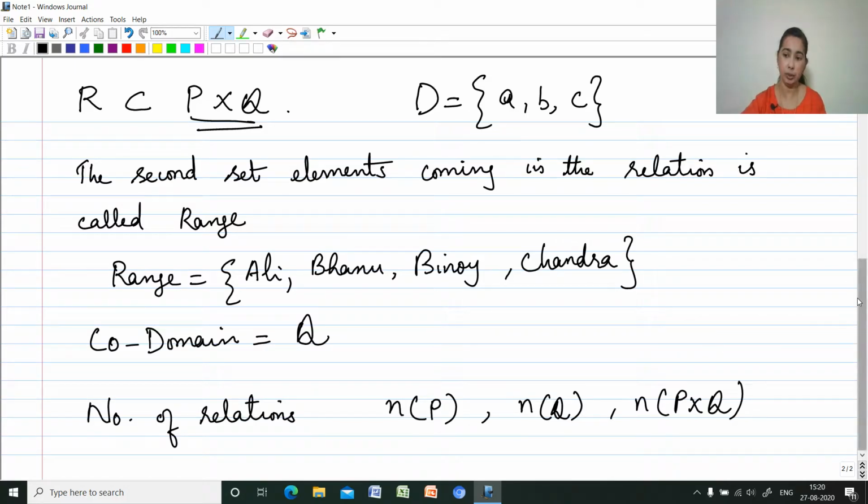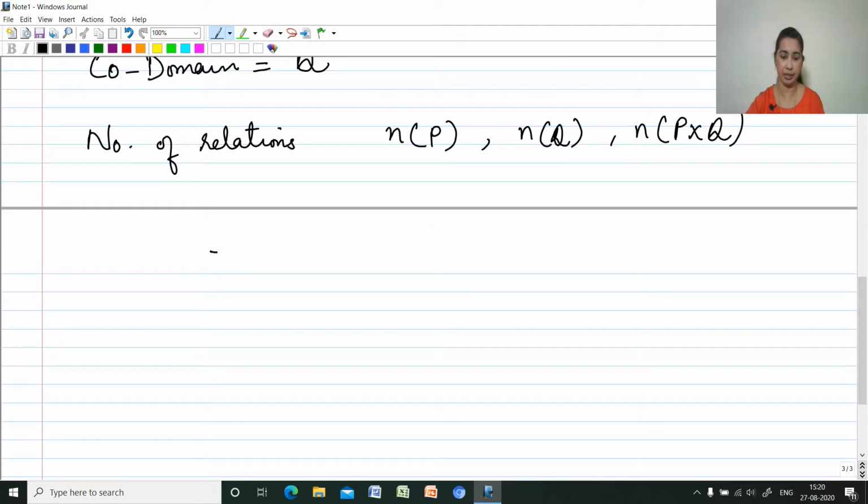Then how many total relations are possible? Number of relations possible is 2 raised to N(P) into N(Q), that is, number of elements of P into number of elements of Q. That many relations are possible if 2 sets P and Q are given. That's the maximum number of relations possible. Now we'll move on to the exercise questions